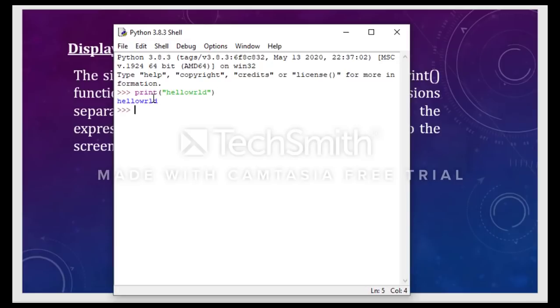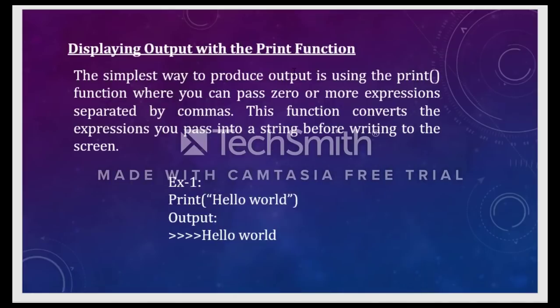As you can see, when you click on enter, it directly displays the output on the second line. Similarly we can use all the programming statements. So this is a sample program showing how the print function works.